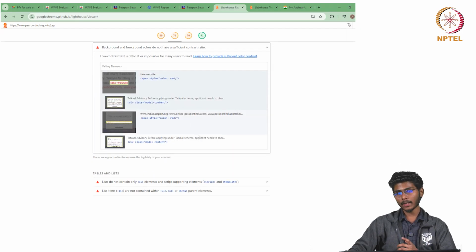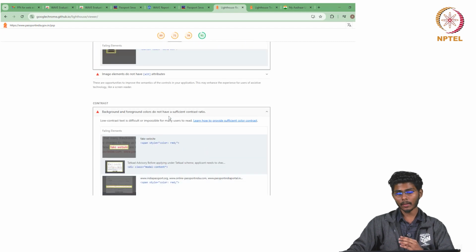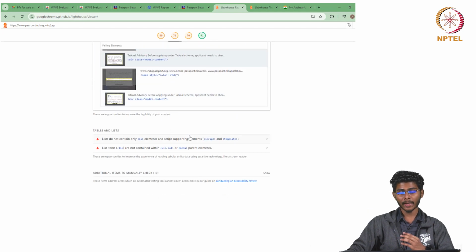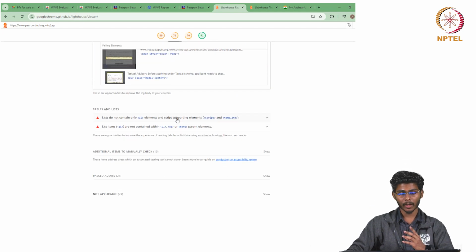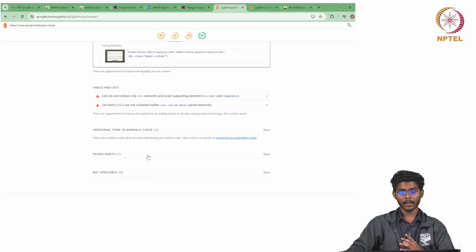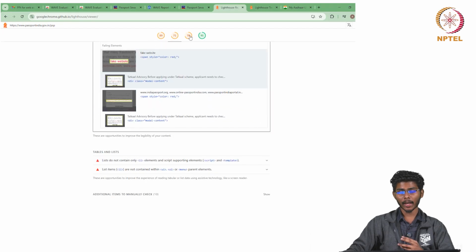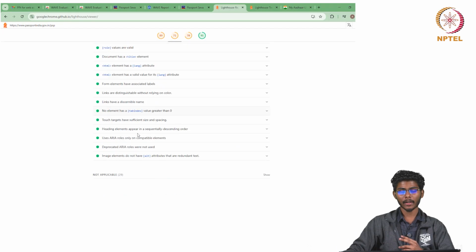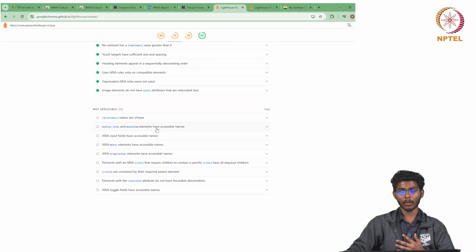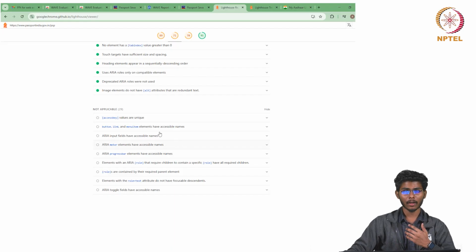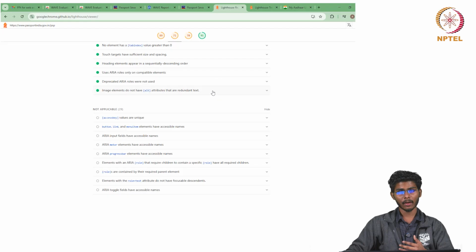So basically it will generate a much more detailed report than that of the Wave tool. You can see for each category, like best practices and SEO, each has passed audits, not applicable items, and the unnecessary elements that can be removed to save the rendering time of the JavaScript elements in the interface.